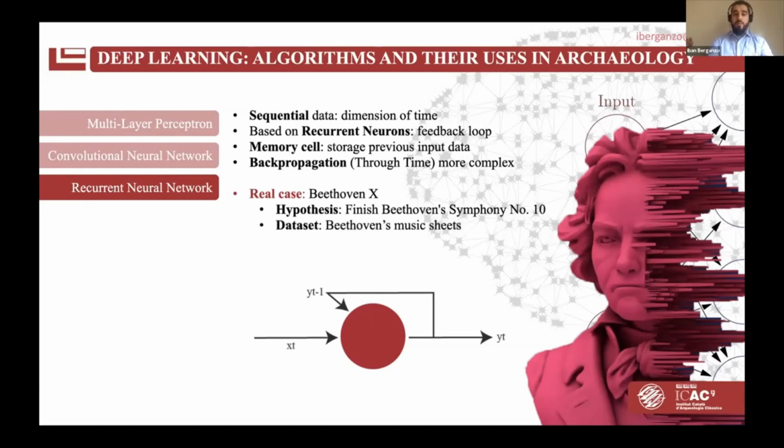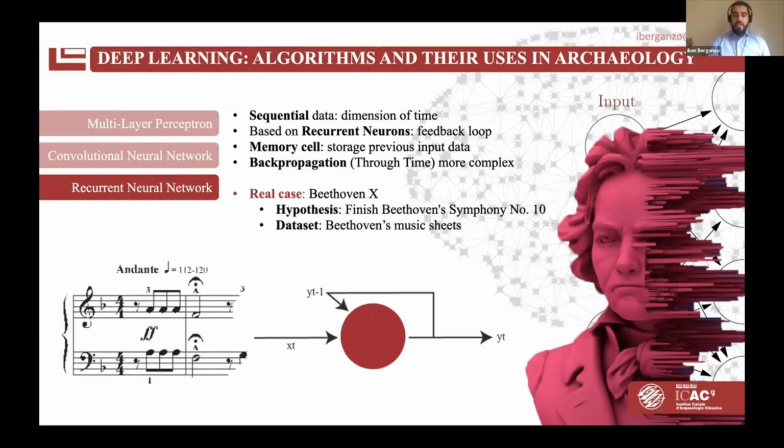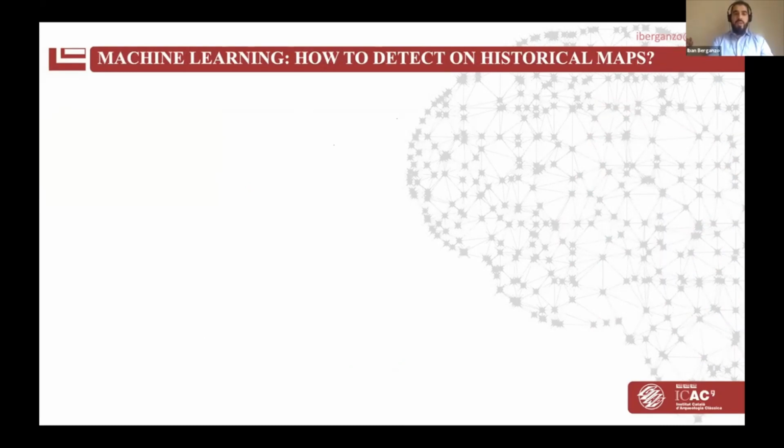For the dataset, they use all the Beethoven's music sheets. And what they use is only the beginning of this symphony to finish all of it. As you see, the music is sequential. It's important, the previous notes, to predict the next ones, not only the one before. So to finish it, we can say,